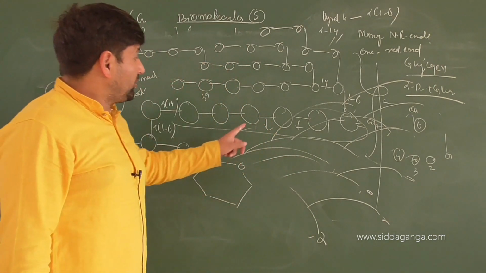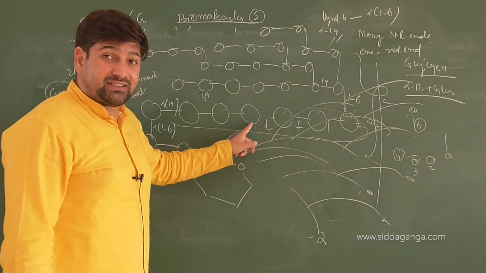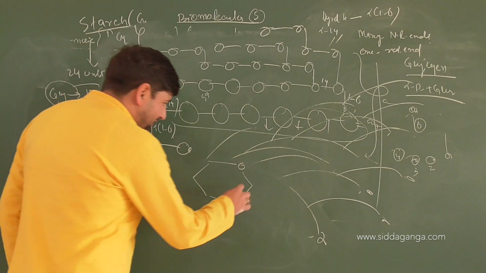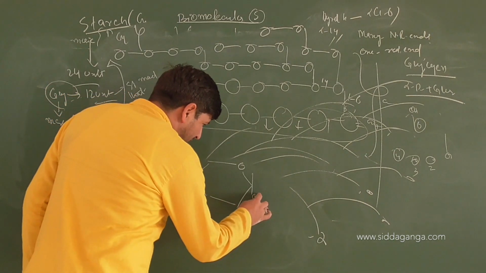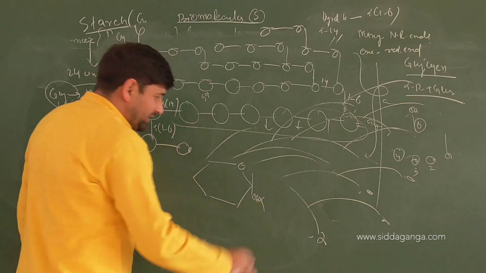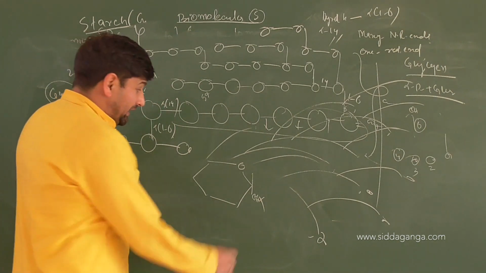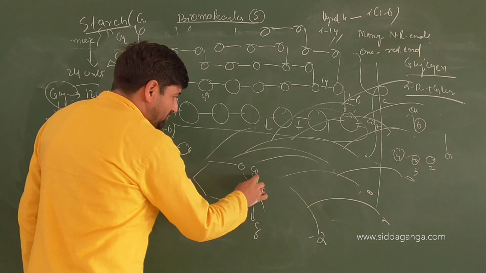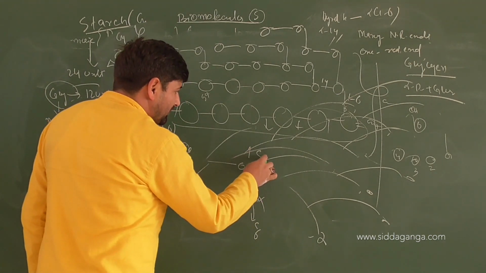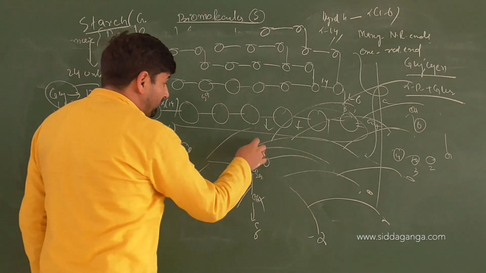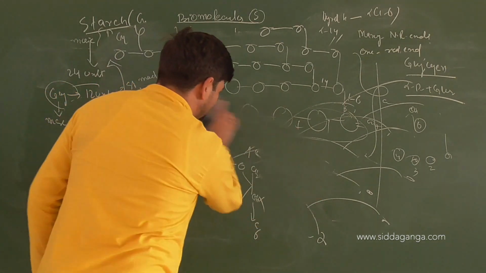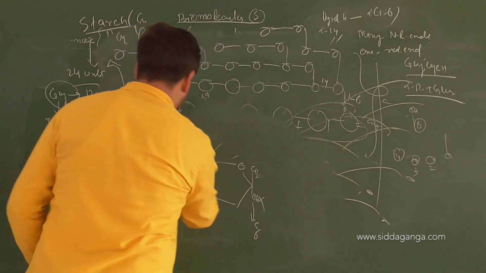That means hydrogen bonding availability is less between the chains. Although OH groups are present, it can be understood by this itself as well. See, here the OH group which is present is already lost, because this will bond up with carbon 6. This CH2OH will bond up with carbon 6 of the next chain. Sorry, carbon 1. Are you understanding it or not? This is a very good concept actually.